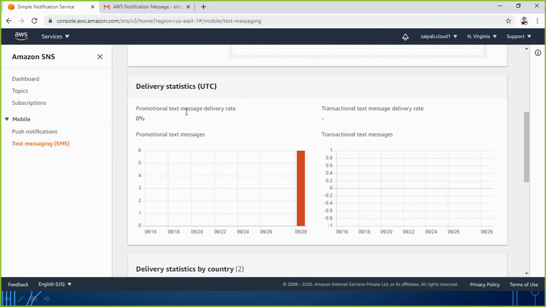One more thing, keep in your mind that this text message will be working fine or being delivered to your mobile only if your promotional messages are not disabled or DND is not activated on your phone. If DND is activated or any promotional offers are blocked on your mobile number, then you may not receive SMS on your phone. But email, obviously it is going to work fine because it requires the confirmation of subscription.